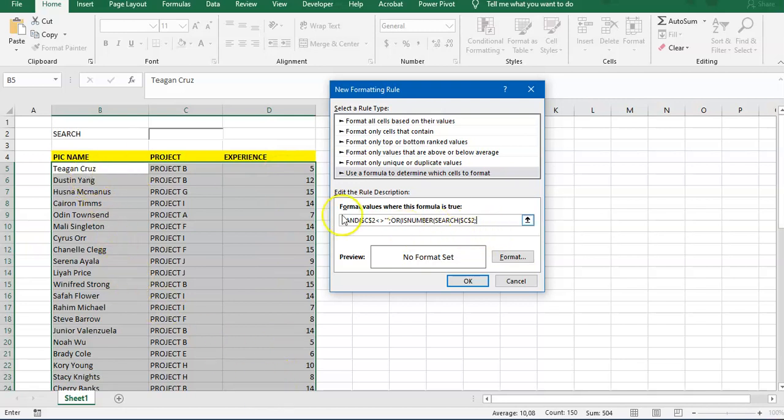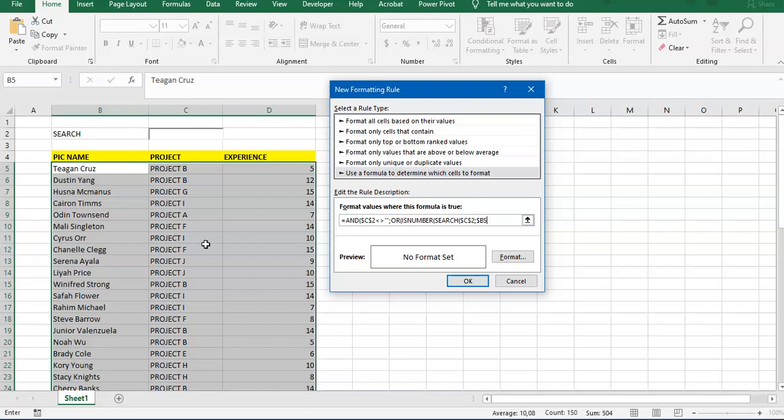But for this formula, we're going to use B5 to D5, and we're not going to select all the data to D54. The idea is to search by row. So the formula will be like this: